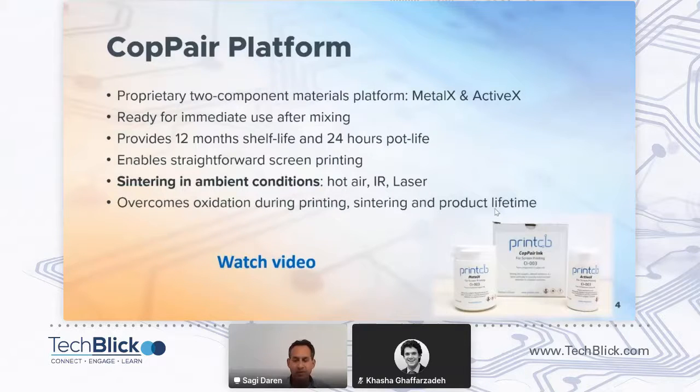Sintering is done in completely ambient conditions, low temperature, hot air. So you can use conveyors, box ovens, and so on and so forth. And we can also use infrared